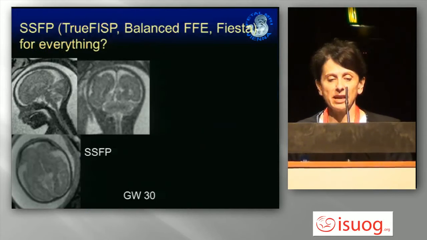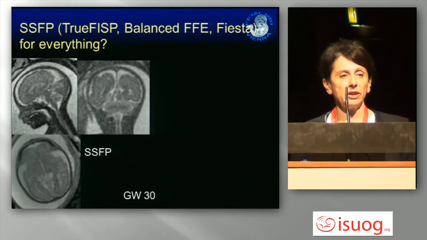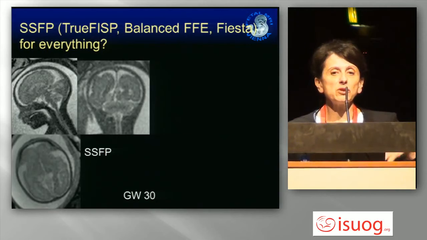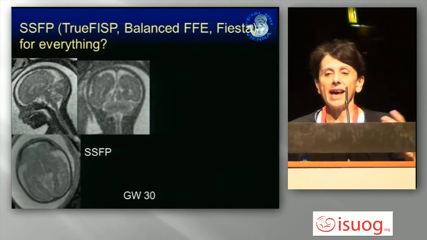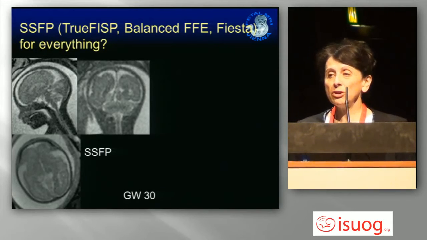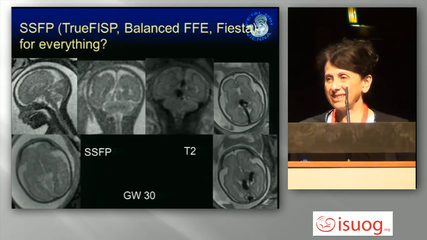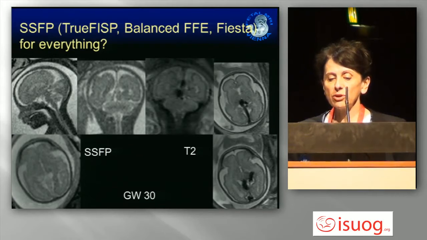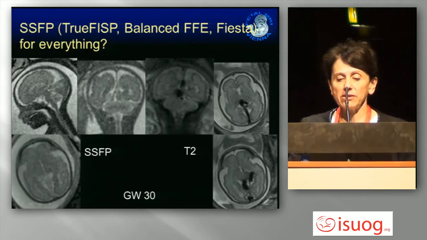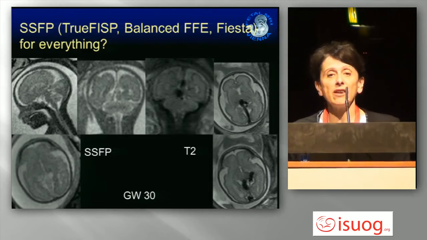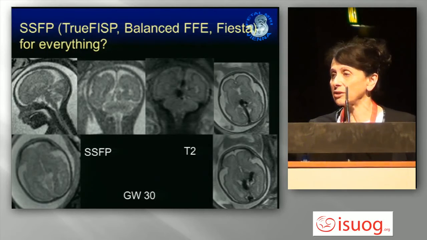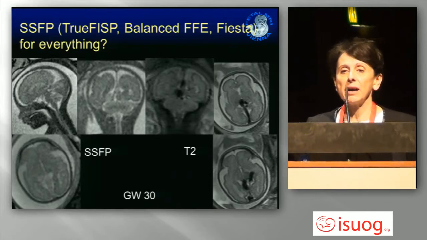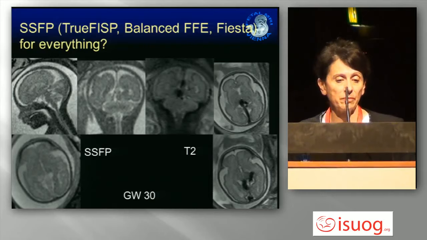So I show you an example. This is gestational week 30. This is a sequence that is available with any machine and which can be used by anybody just pushing the button, and there you are. Now, when you use the correct sequence, you find there is something else, because there is a Galeni aneurysm here. And of course, if you use this case for your comparison with ultrasound studies, ultrasound will have made the diagnosis by the Doppler, at least, or by looking at the heart, and then this will go as a case missed by MRI and diagnosed by ultrasound.